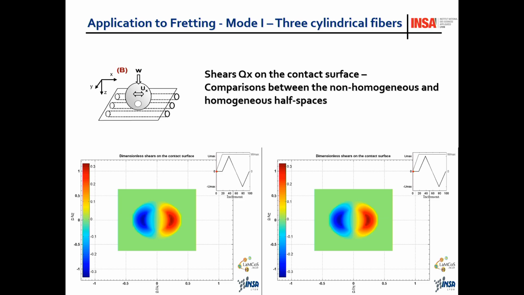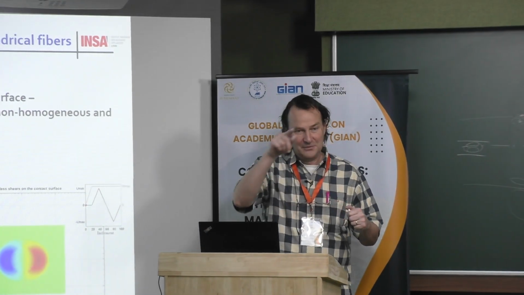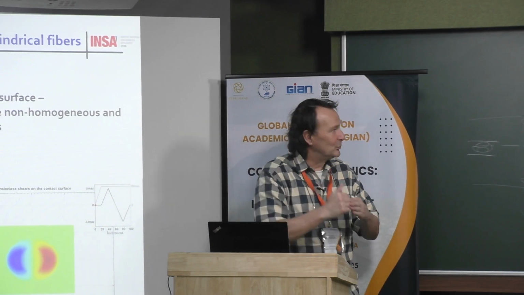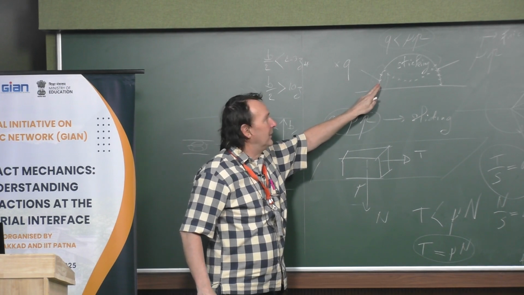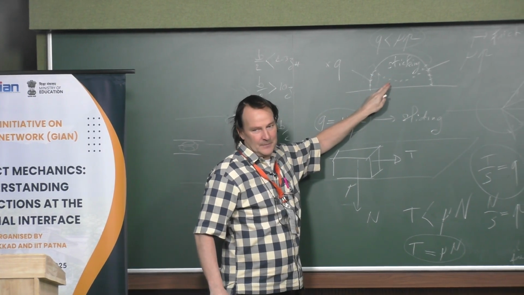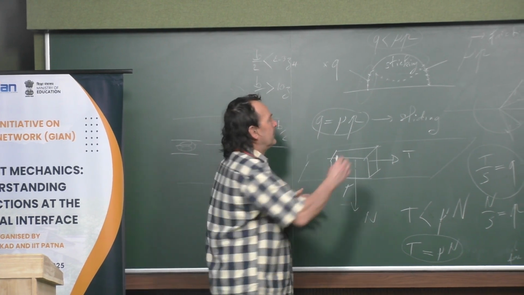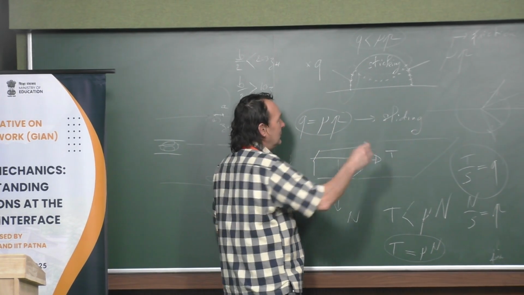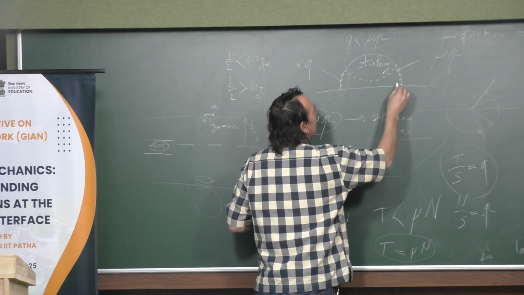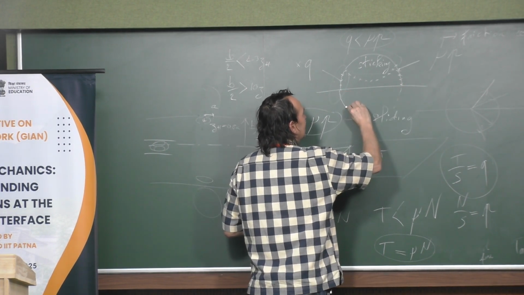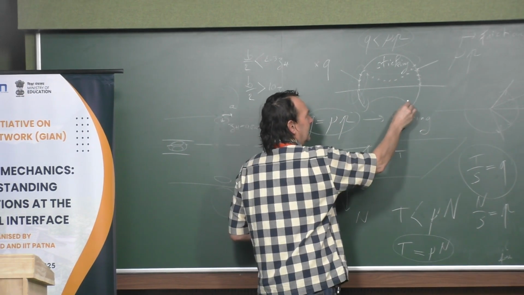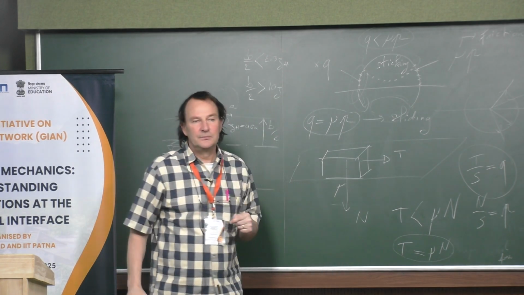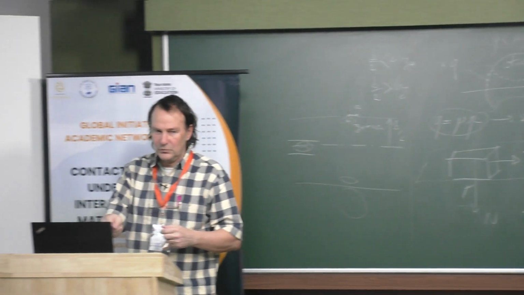To know if it is sliding or sticking, we have to go back to the previous slide with the profile. When the two curves are touching each other, this is sticking, and where they are different, this is sliding. Of course, because we have a movement in one direction, there is also a symmetry here. You can have something like that, and here it will be sliding, and here sticking. I don't know if you observed that before.